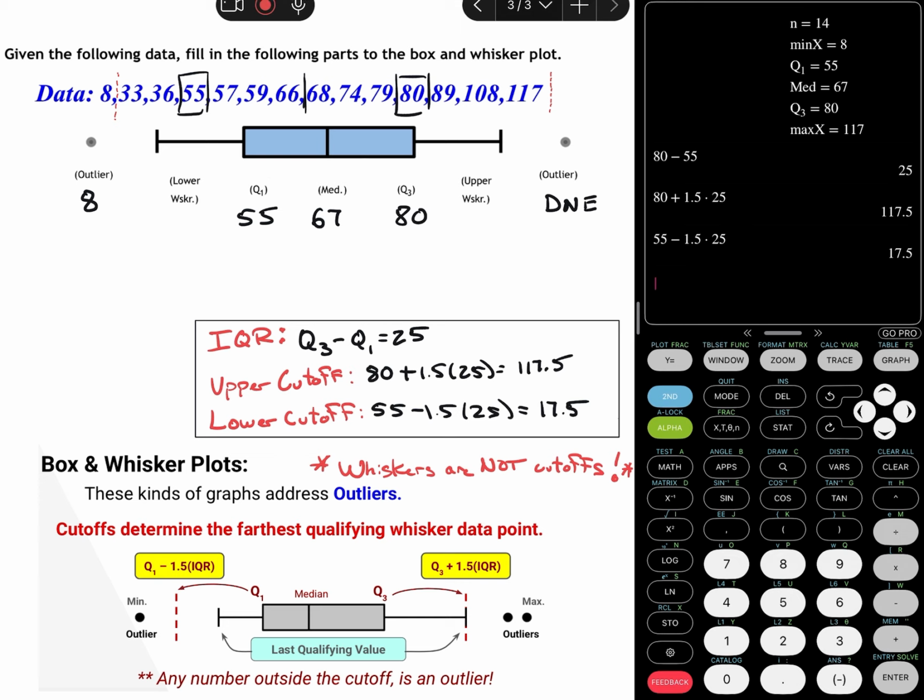That tells us that the lower whisker is the next qualifying value, which would be 33. You do not put 17.5 as your whisker. You put your last qualifying value, which is 33. Here, there is no outlier, and so your upper whisker is just going to be the greatest value, which is 117. Sometimes you could have an outlier on both sides. Sometimes you won't have any outlier, but you calculate the same thing every single time so that you can figure out what your cutoffs are. The calculator with the 5-number summary